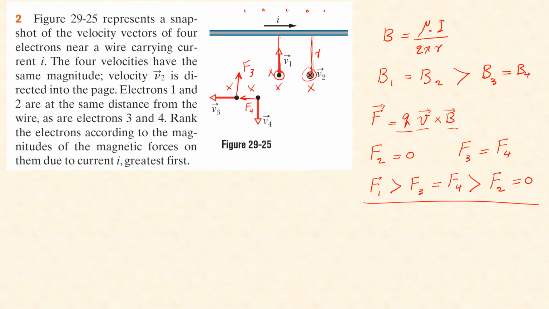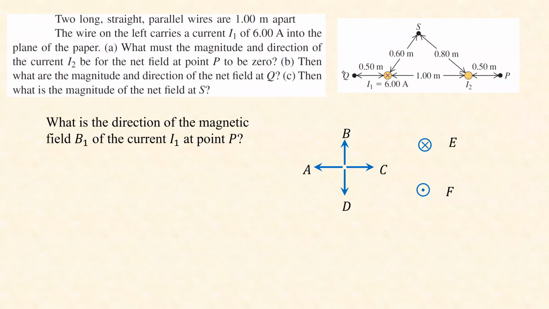So first we need to figure out which direction the magnetic field is at the position of each one of these electrons. And then what is the magnitude of the magnetic field, and then how the velocities are oriented with respect to the magnetic field, and then figure out which one has more force acting on it. All right. Now,